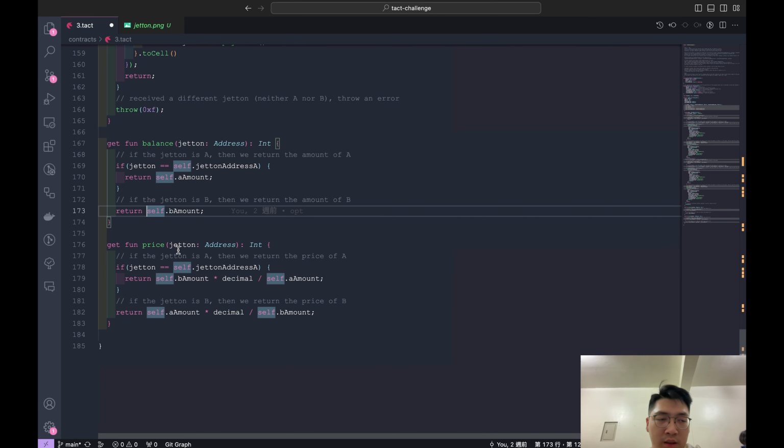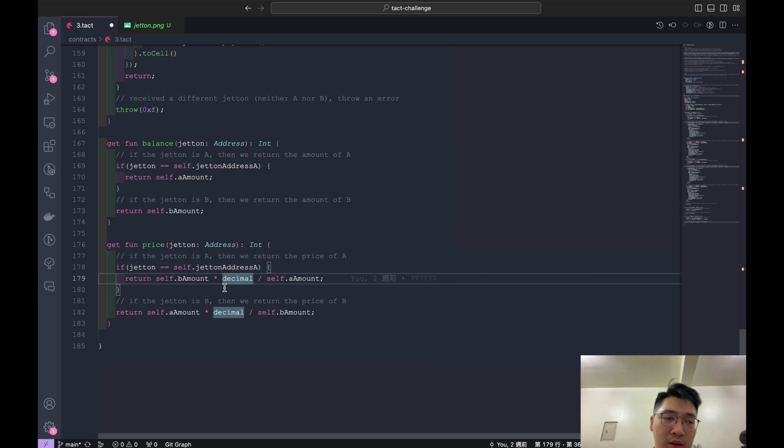The second one is the price function. It lets you get the current price of a Jetton. If the Jetton address is A, it returns the price of A by this formula. If it is B, it returns B's price by this formula.